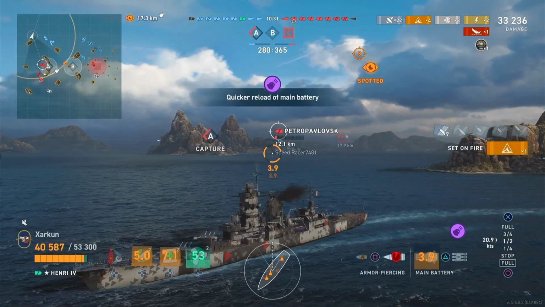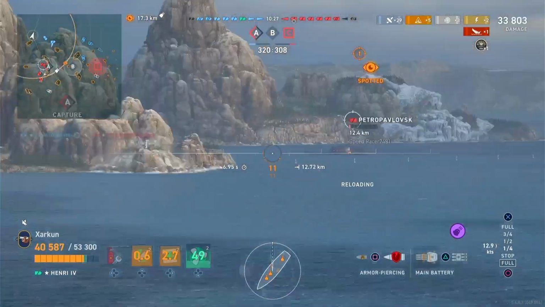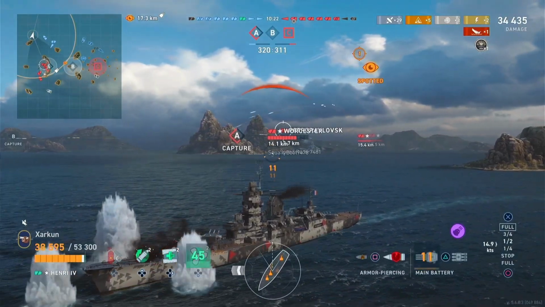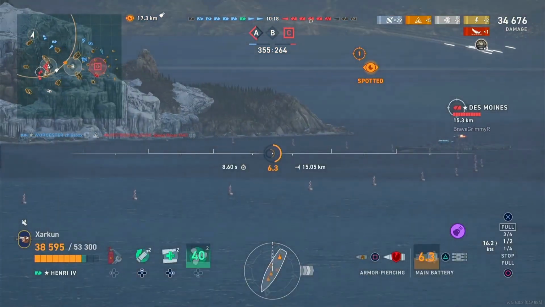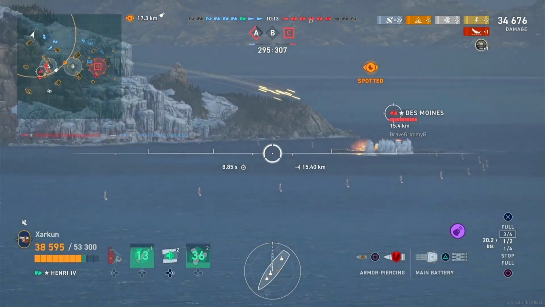But there you see an example of the HE penetrating everywhere on the Petropavlovsk, which is a very heavily armored cruiser, and I think actually has 40mm deck armor. Our HE shells don't care about that. We hit him for like 7k, and against this Des Moines here, I think we're going to be scoring some